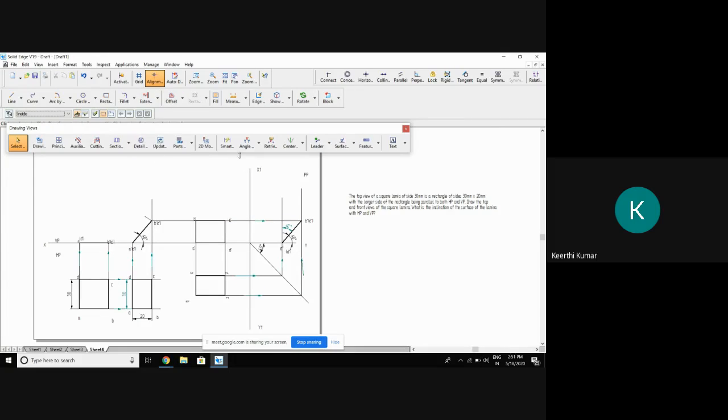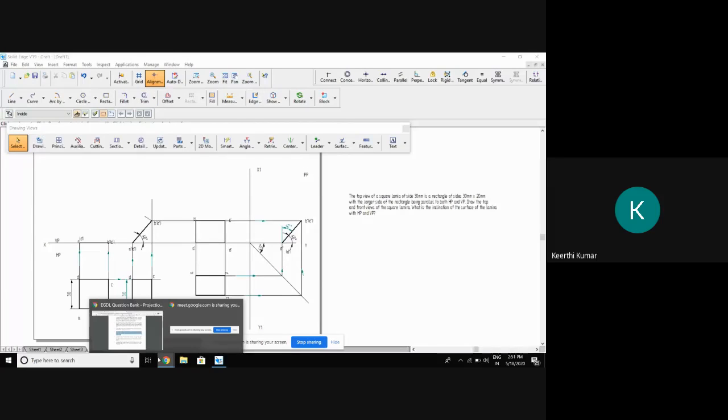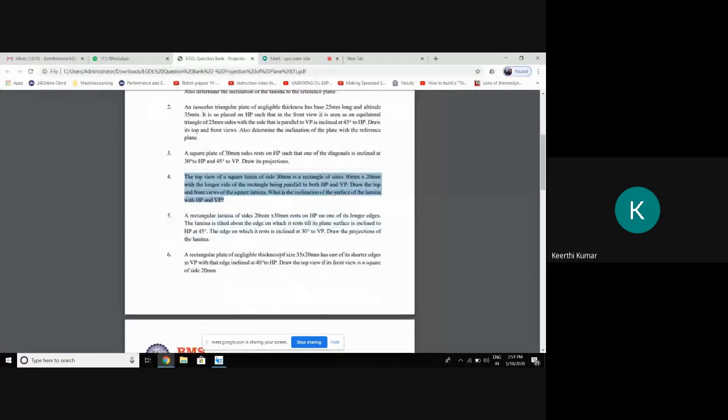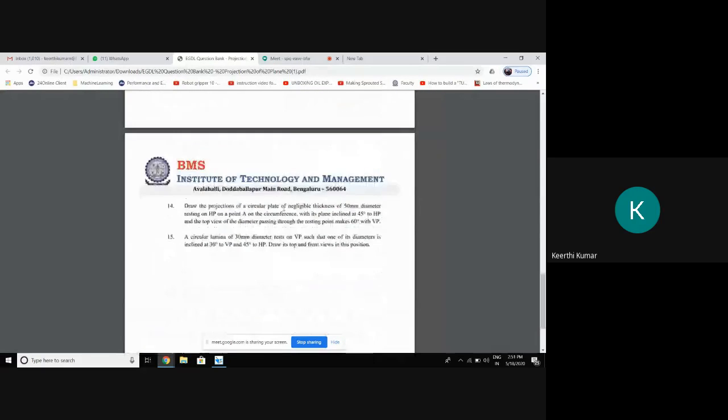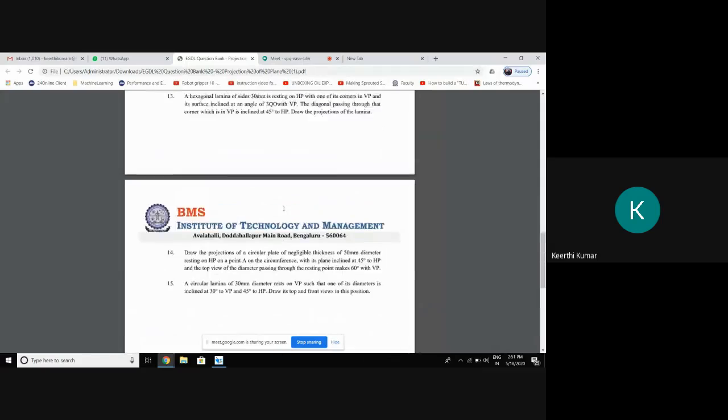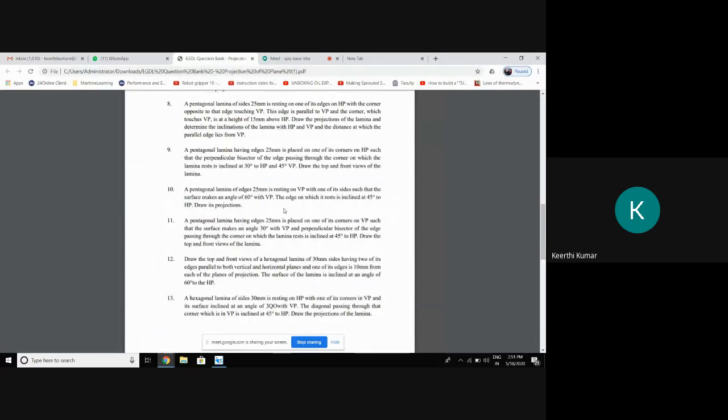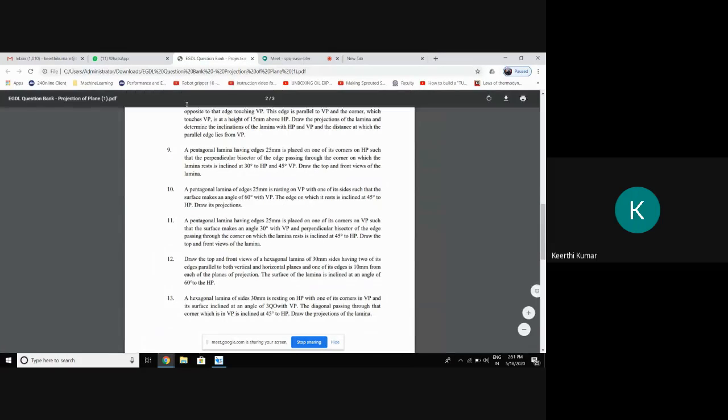Is it clear? Trim the additional, unnecessary lines. These are all unnecessary lines. Clear? Bhavana? Yes, sir. Okay. So this is the way you're supposed to draw if the side view is asked. Done. Any problem you want? In the laminas, there are 15 problems. Just go through, you can understand. Whatever the given condition, it should satisfy towards the left side. In the solids, it is the right side. In the laminas, it is the left side. Check out. Any doubts here?